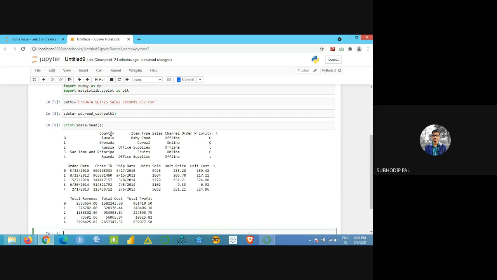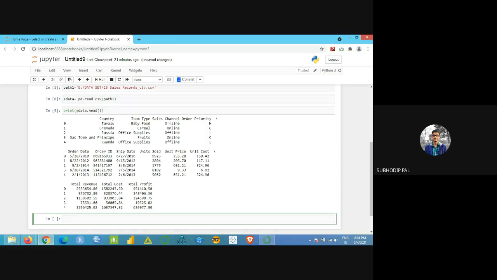The country was there, item type, sales channel, order priority, order date, order ID, ship date, units sold, like that. There are different variables. All the variables are showing for the first 5 observations, correct? So this head command will give me the first 5 observations, right everyone?